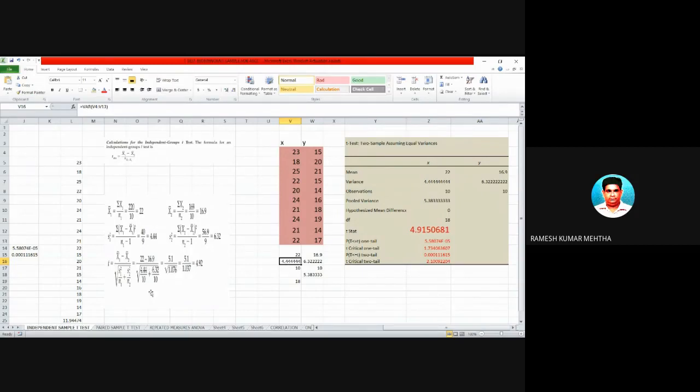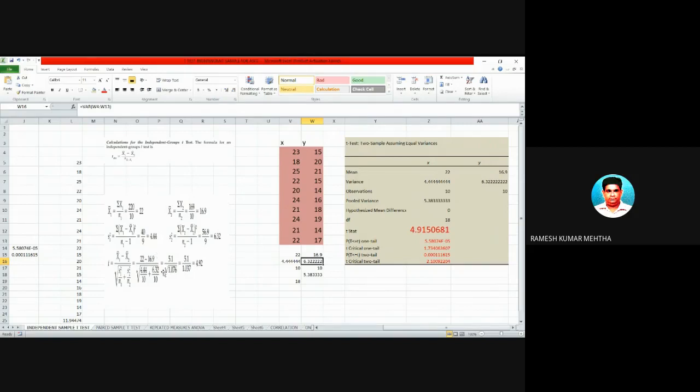So 4.44 divided by the number of observations in the first data set, that is 10, plus s2 square, that is the second data set's variance. We have already found the variance is 6.3222, divided by the number of observations in the second data set, which is 10.